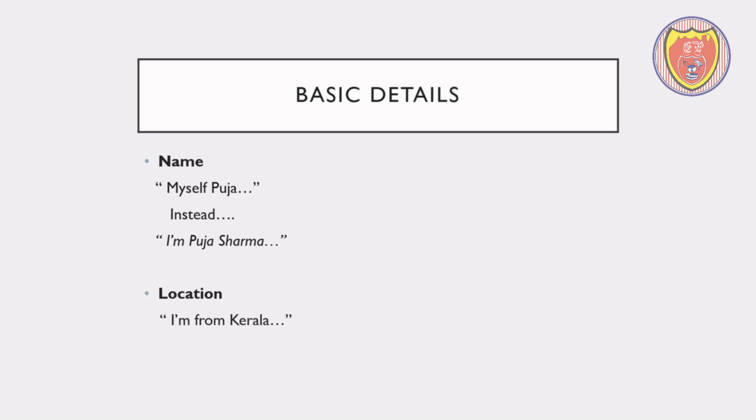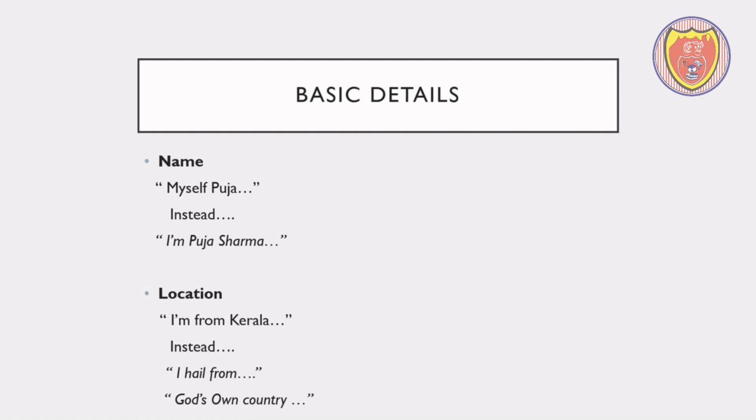Basic details. Now this includes your name. Talking about your name, I've seen people saying myself so and so. Now, this is not a very good practice. Instead, you have to say, I am so-and-so, and then start your introduction. Always tell your full name instead of just saying your first name. Location. Now, what you can do here is not I am from so-and-so place, but use words like I hail from